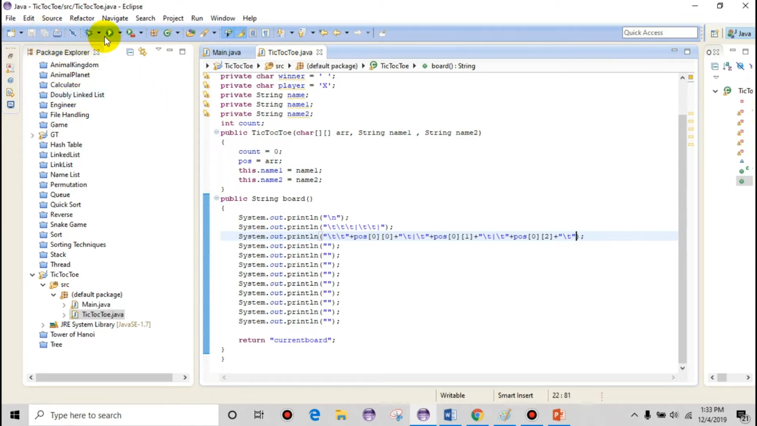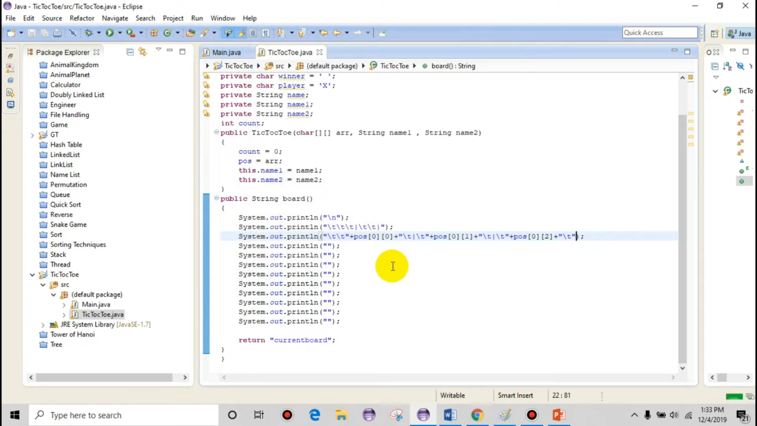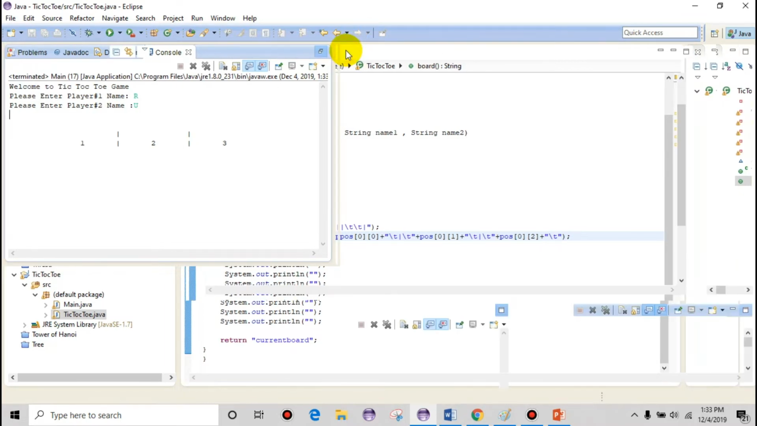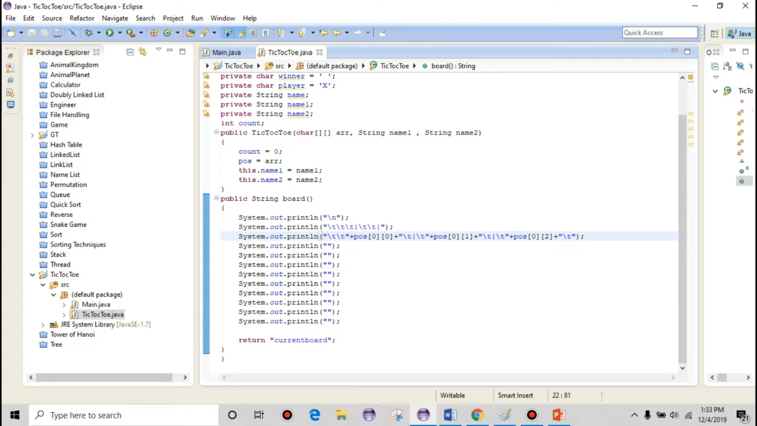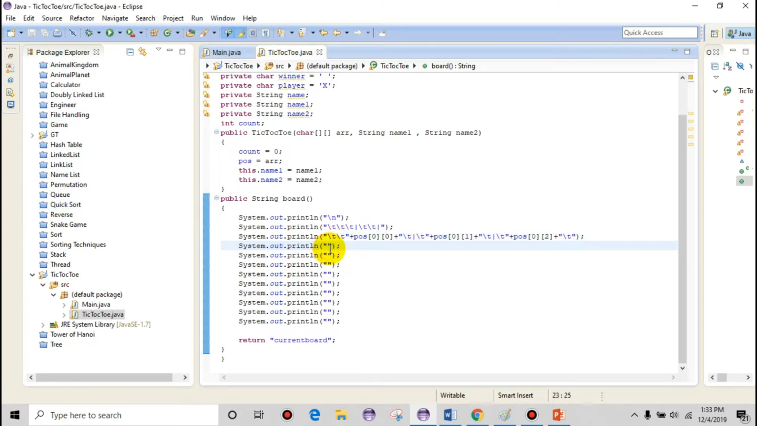I will just save and play. It's asking me about player 1 name, for example it's me, and player 2 name, for example it's you, and then it will display like that. So you can see that this is the pattern that I'm following, so I can now just design the rest of the pattern, and for that I will